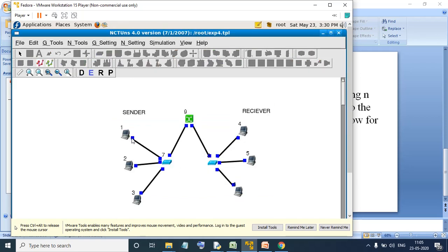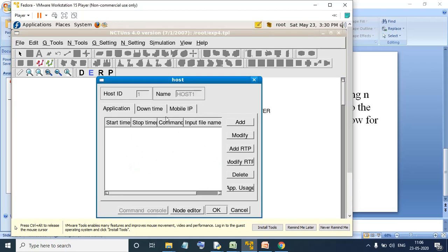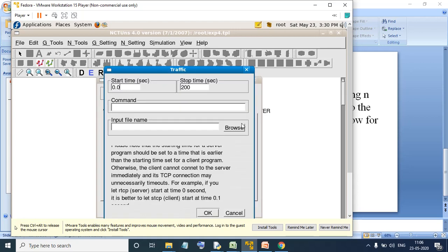After doing this, you can see various IPs have been generated, that is 1.0.1 and so on. Next we will edit the host. The same procedure: I will go to add, then add a command for the sender, changing the stop time.